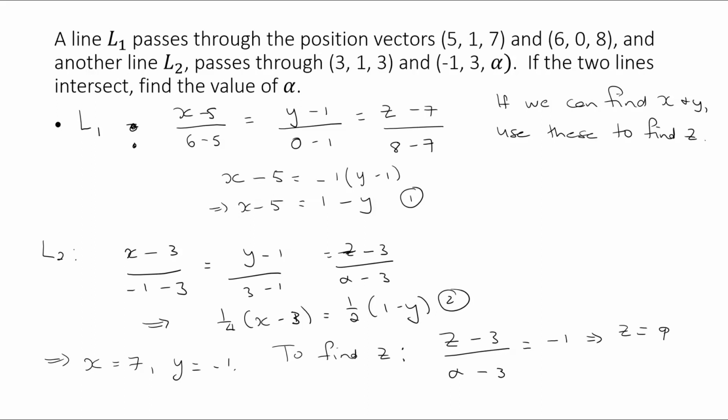Sorry, no, we can't do that. That's only one of them. And then the other one is that (z - 7)/1 equals 2. And both of those will give us that z is equal to 9 and alpha equals -3. And you could check that by drawing